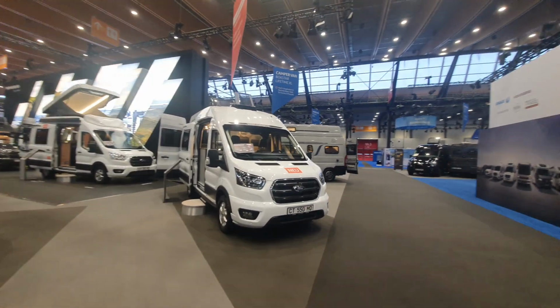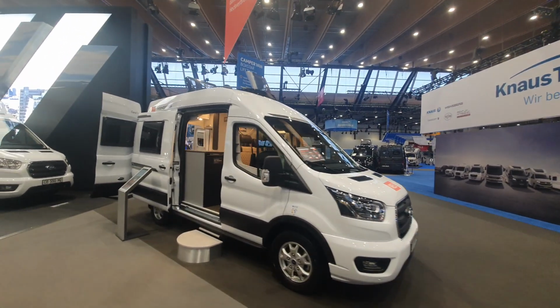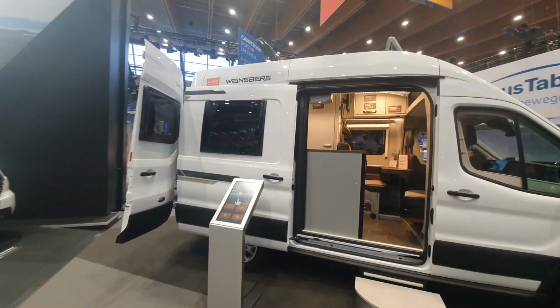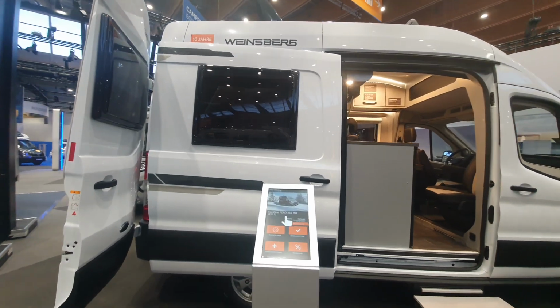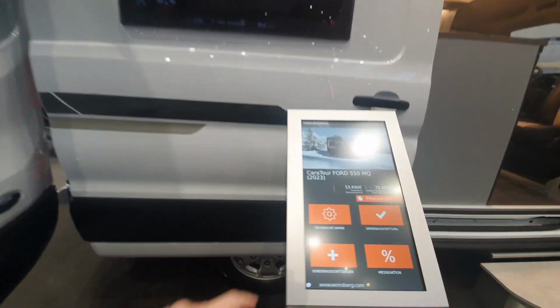Hello, I've got this vehicle here to show you today, Caratour 550 MQ from Weinsberg. Unusually, I'm going to walk around the outside first. This thing will cost 73,000 euros, and I will give you the size of it though, and I'll show you the size rather than